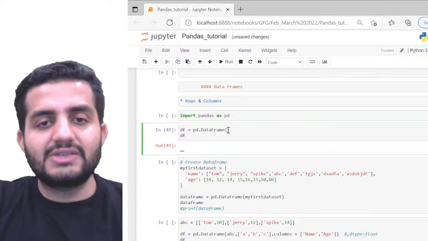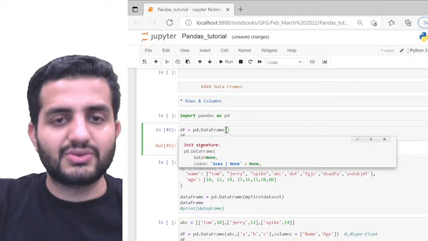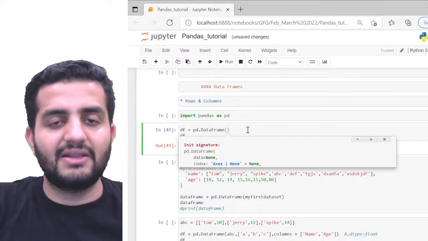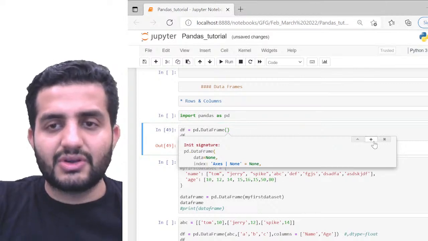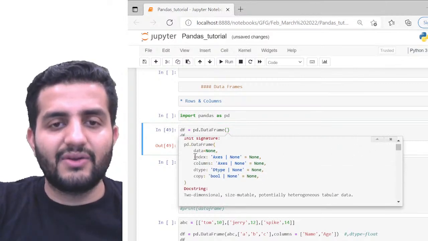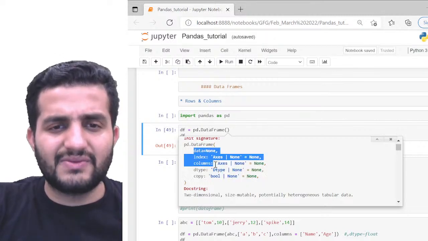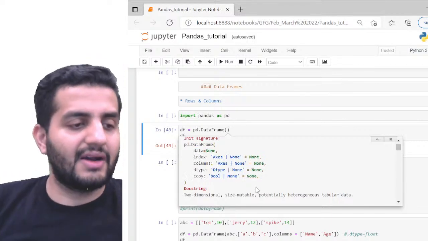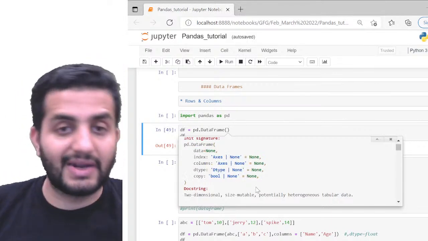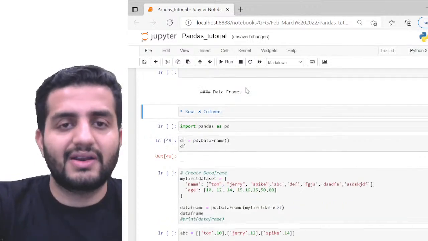And now, as always, we can visualize what different arguments it takes and how we can check that. So just putting my cursor underneath my bracket, the parenthesis, and doing a shift tab. Once you do a shift tab, you can see the kind of arguments you can pass here. So we have data, we have index, we have columns, we have dtype, and we have copy. So these are my 5 different arguments which can be passed to DataFrame to create the data frame, right? So again, we need to understand how we are creating the data frames here.